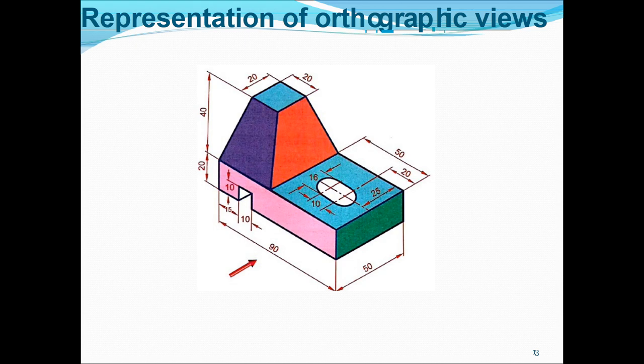Now we will go for the next problem, the third problem. In this problem, look at this very carefully. How many colors are given? Pink 1, green 2, blue 3, saffron 4 and violet 5. So 5 colors are given. I will tell you in detail when we discuss this problem with the answer.